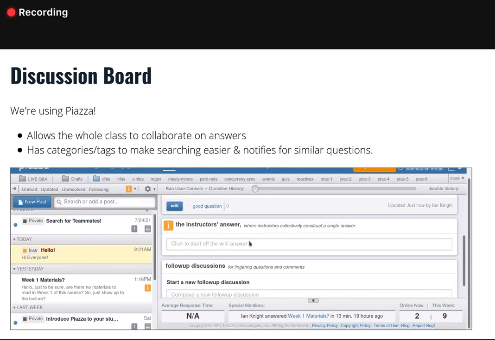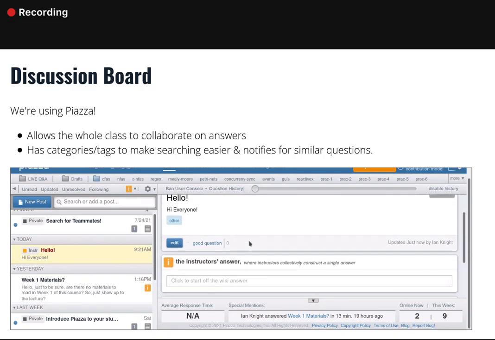Once the question is up, there'll be a section for you to write an answer if you want, and once an answer has been written, other students can go in and also edit and add to that answer, and that's really what makes this tool very powerful. In addition, we can do things like grouping similar questions together, and a bunch of other bits and pieces. We'll be using Piazza a little bit later in this session for going through some discussions, and we'll probably be using Piazza for live discussion throughout lectures for the rest of the semester.